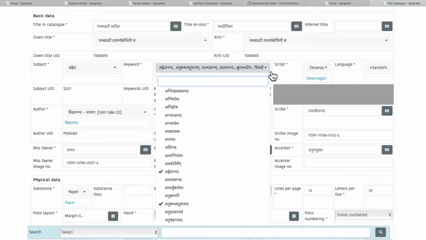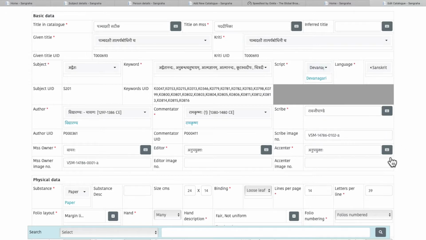As soon as I choose these two fields, the subject, keywords, author, and the commentator are automatically populated. As you can see, so far I have typed nothing except the title given in the manuscript. Reading the manuscript, I find it has only 6 chapters, so I have to manually edit the keywords to remove some chapter names. I go through the other fields and select the respective entries from the drop-down items given by the system. I found a scribe name in the colophon, so I type that in and give the image number on which I found that data.